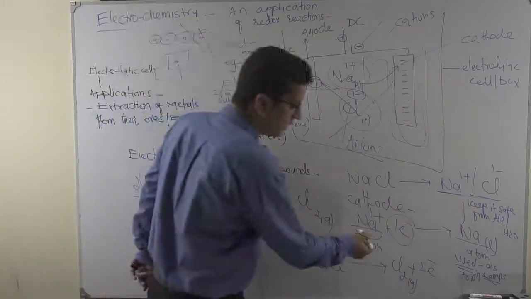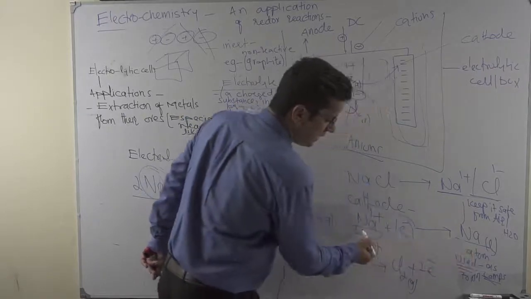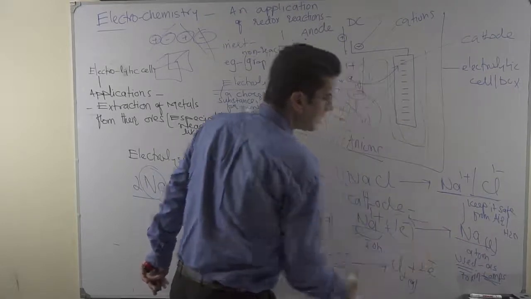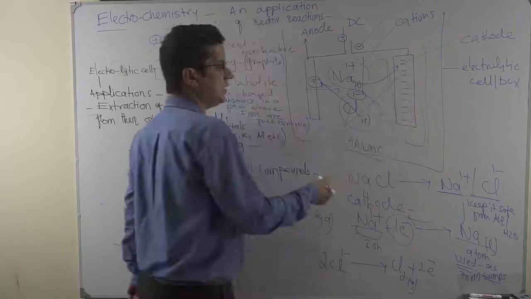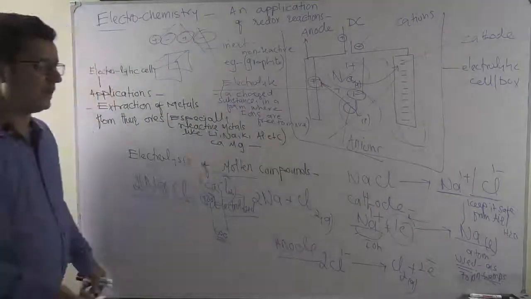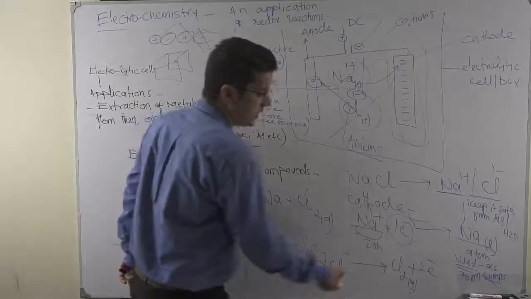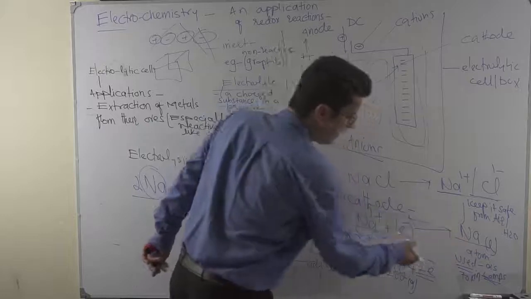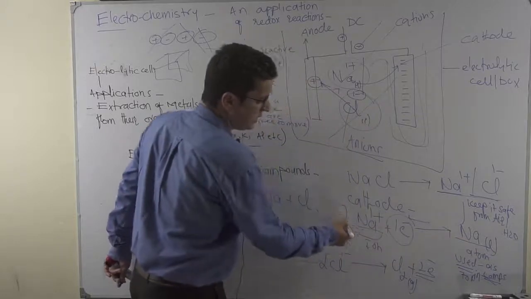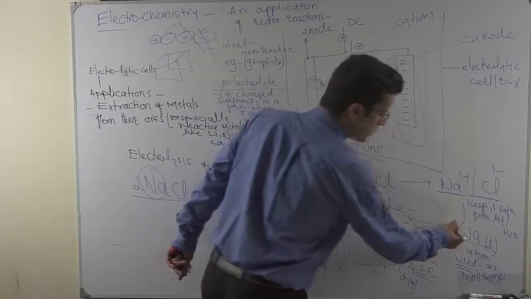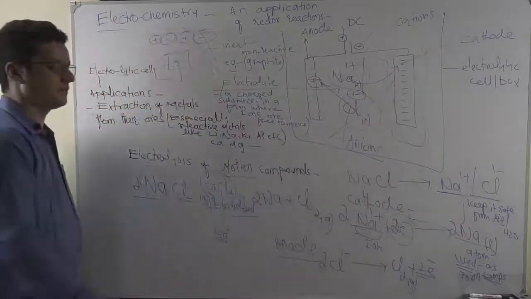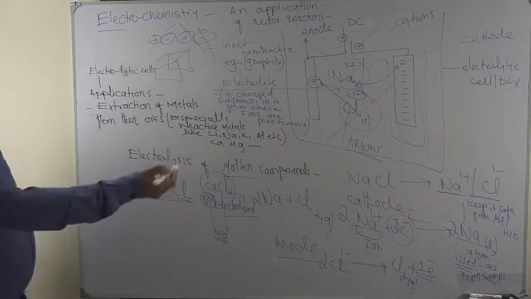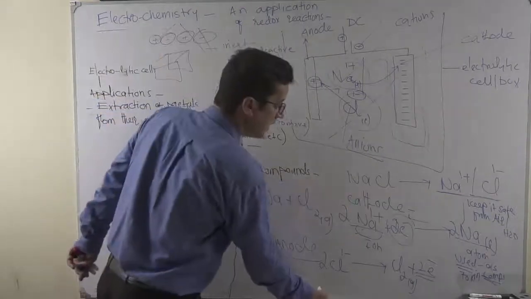You can notice this equation: sodium ions going to the cathode, released in the form of sodium metal because they are accepting the electron there. So cations accept electrons at the cathode and anions release their electrons at the anode. Look at these two equations. One has 2 electrons as a product. Here, the sodium ion is accepting 1 electron. We can even multiply this equation by 2, so there are 2 sodium atoms formed by accepting 2 electrons. 2 chloride ions are releasing 2 electrons. So that is the cathodic half equation, and this one is the anodic half equation.